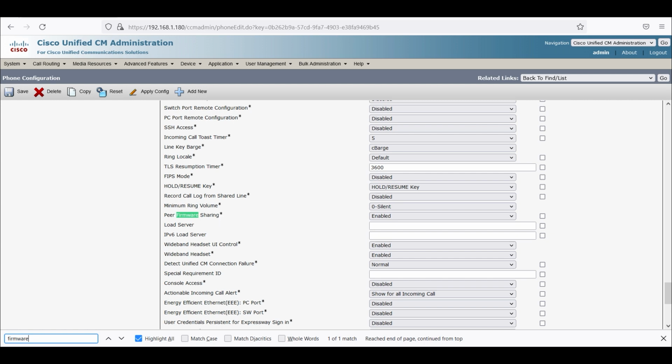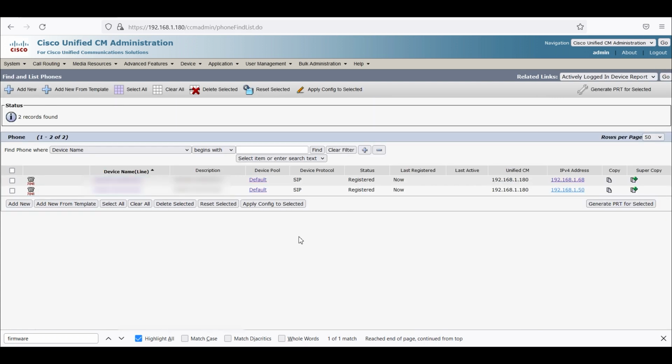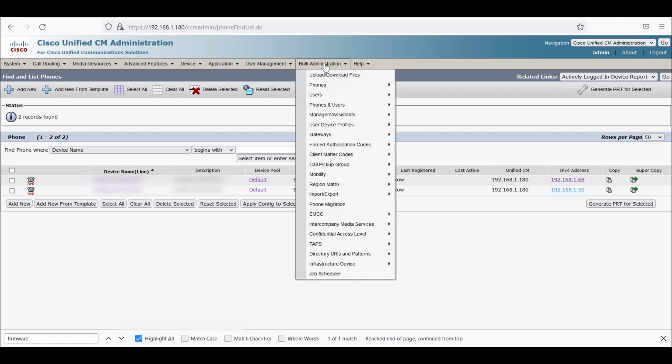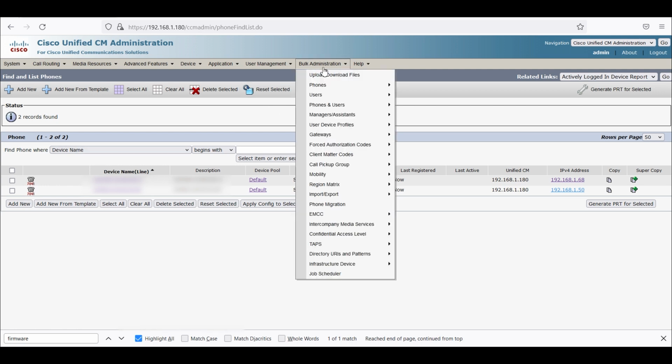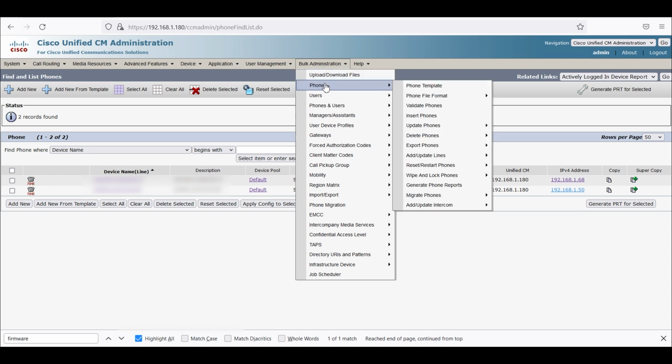In this case I only have two phones, but if you have a larger batch of phones, changing the settings in each of the phones can be very time consuming. So we'll go into the Bulk Administration tool. Both of these phones are 7841. So I'll go to Bulk Administration, Phones,